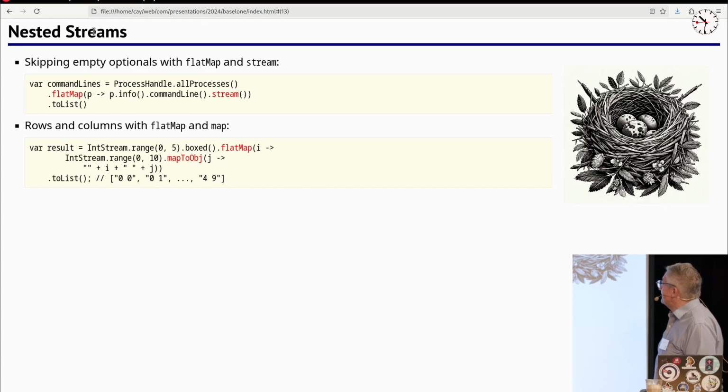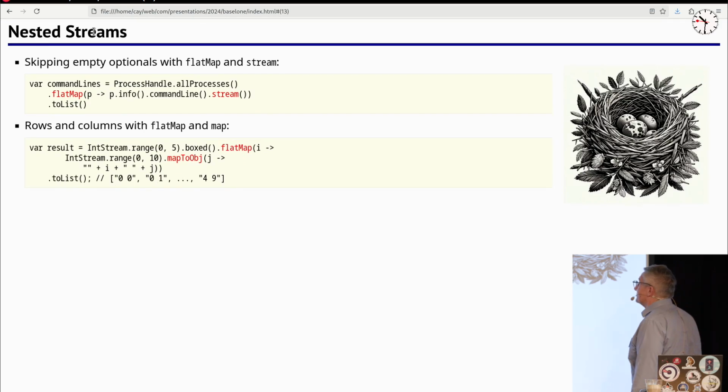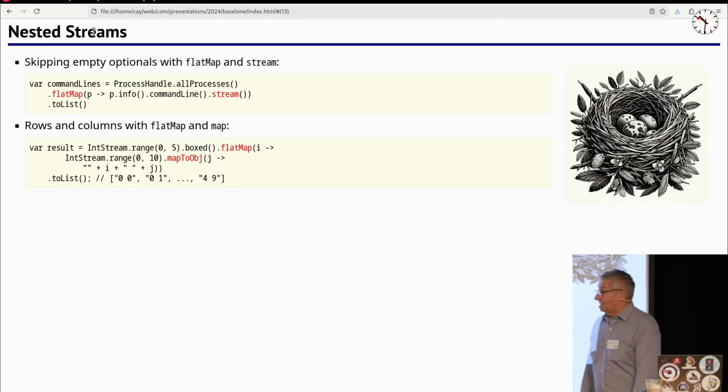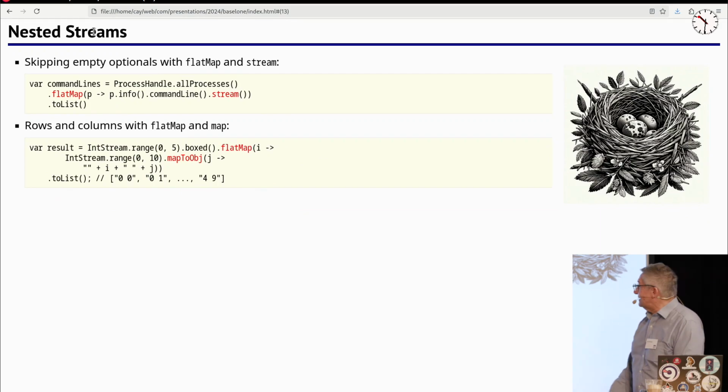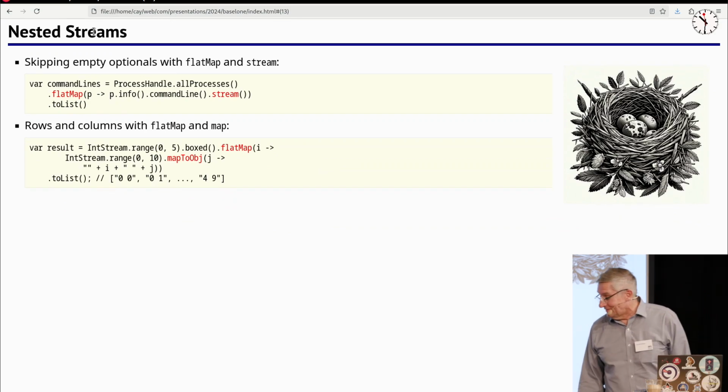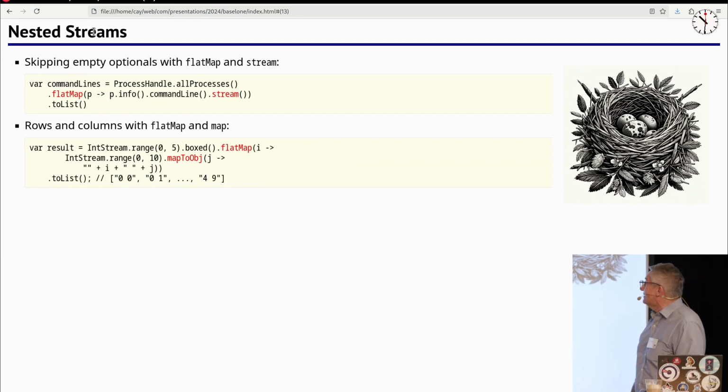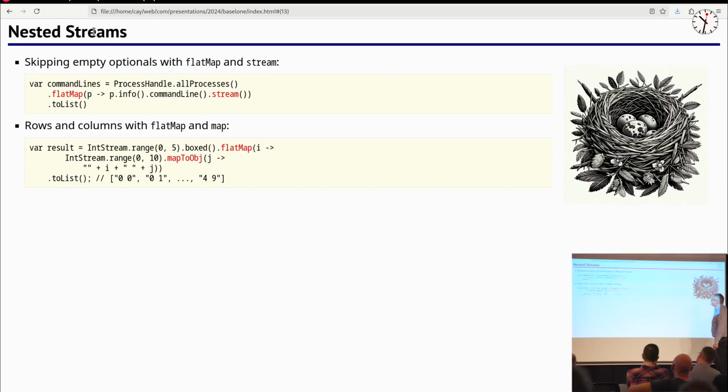Like I said, it sometimes does happen that you have a row and column structure, and I feel it's a bit at the outer limit of what you want to do with streams. But in Advent of Code, where it's often game things on a 2D array, it happened often enough that I said, okay, I'll just memorize this. There's a particular structure where you have a flat map on the outside and a map on the inside, and that can do the trick.